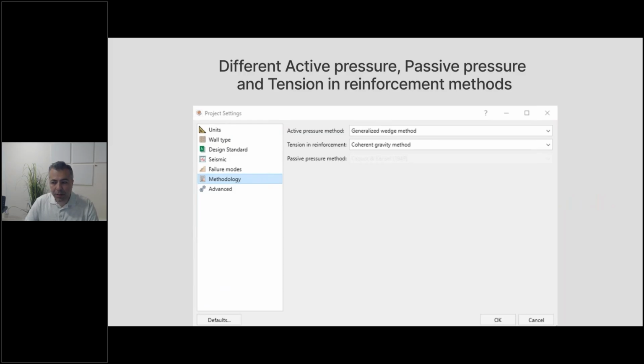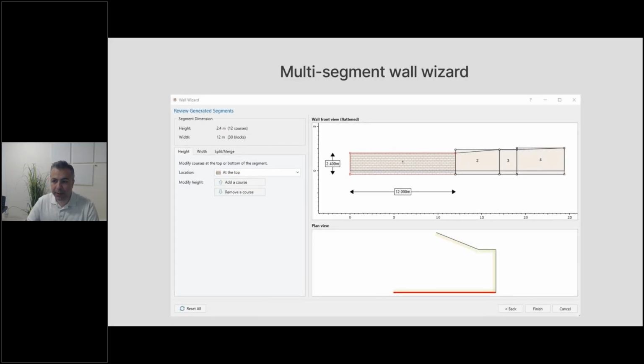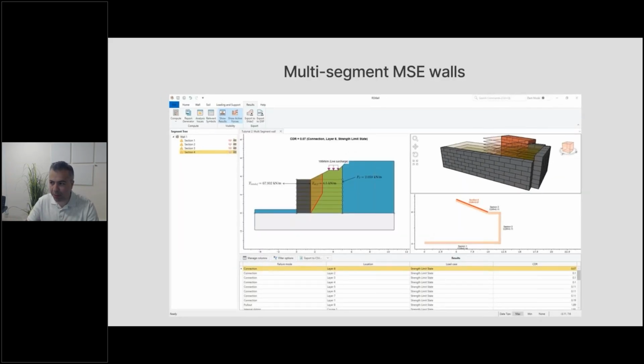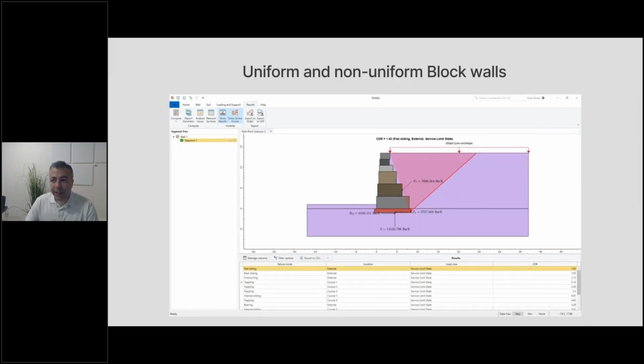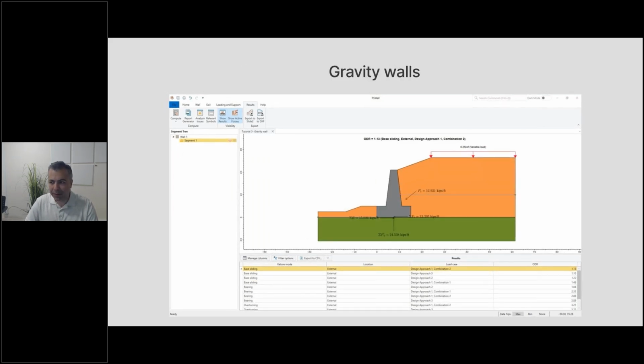We have different methods to calculate active pressure, tension reinforcement, and passive pressure. You can model single segment MSE walls in RSWall, and also multi-segment walls using the multi-segment wizard. This is an example of multi-segment walls with the 3D view. You can do uniform and non-uniform block walls, and you can model gravity walls,